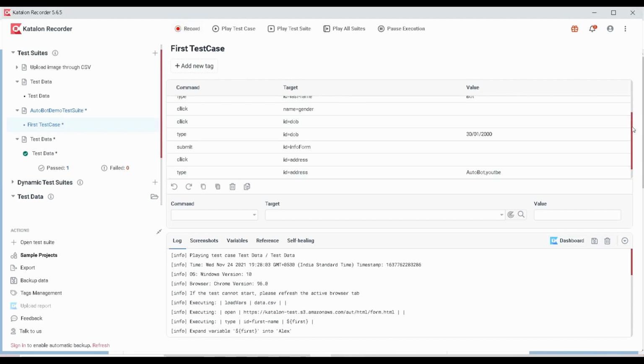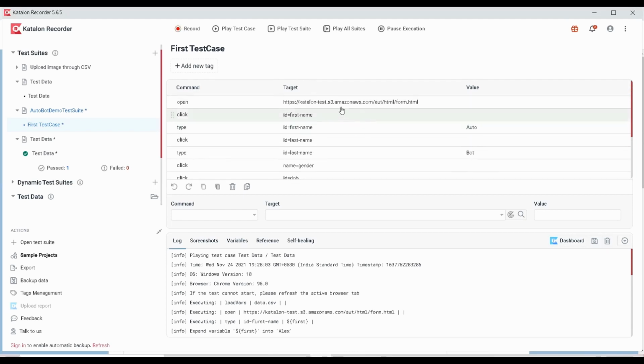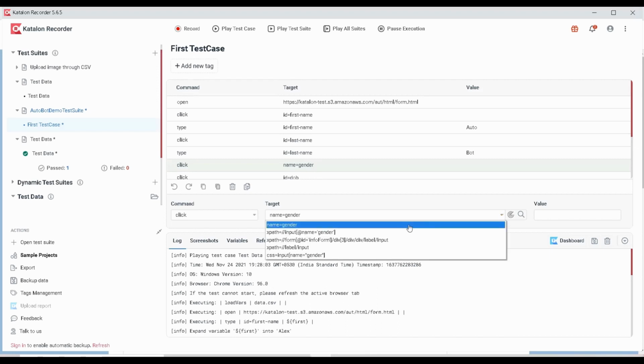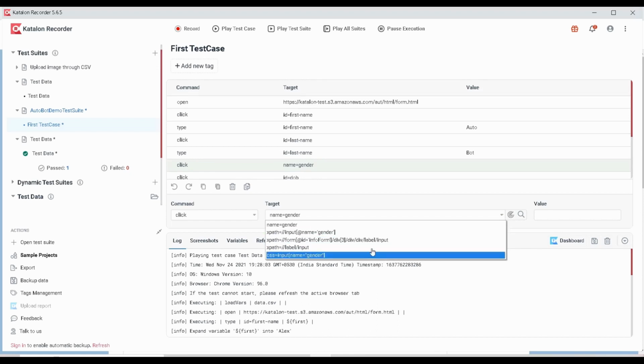Okay, so here you can see everything that you have recorded, everything got captured, and here you can see all the lines as we executed, right? So first it is opening the data catalog, then it clicks on first name, it is entering the data, and in the value field you can see the value that we have entered in that field, and it clicks on the second tab and entered the port, then it clicks on the name equal to gender, right? So for each action we can see it has captured all the possible selectors, right?